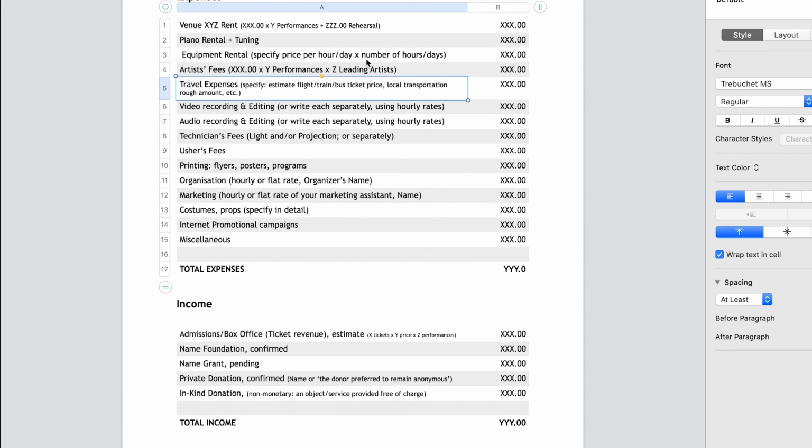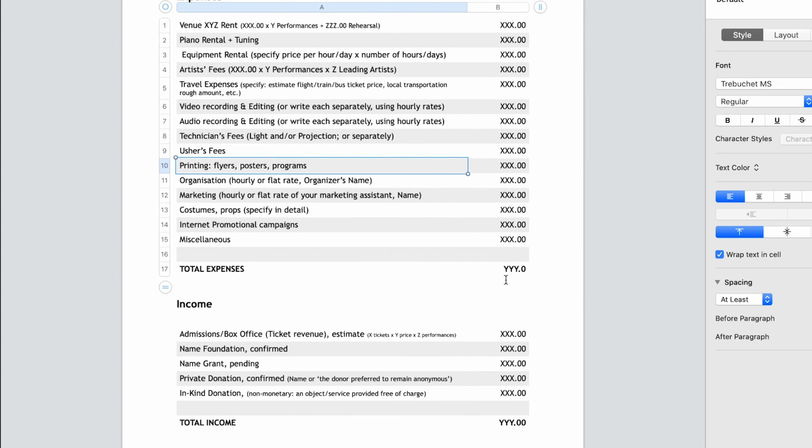Like the venue rental is probably not a good idea to subtract from, because you won't be able to talk to the hall and ask them for a lower price if their hourly or daily price is already a certain fixed amount. Think of what you can subtract. Maybe if you are working with 2 ushers, maybe you could figure it out working with only 1. Maybe you could print less flyers. So think of what can be subtracted.